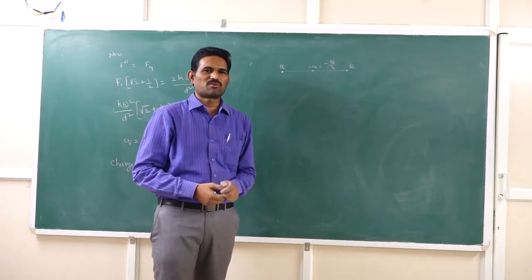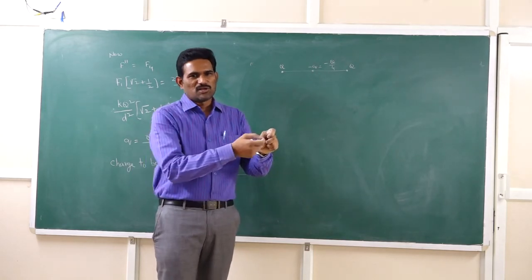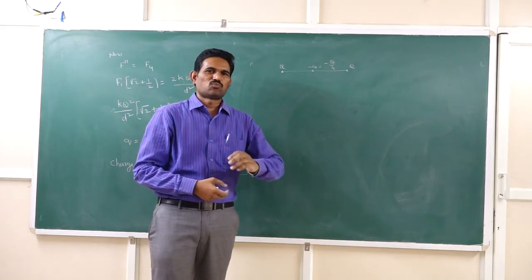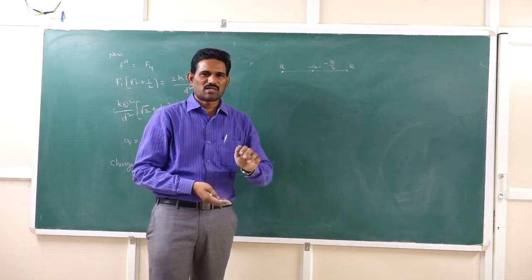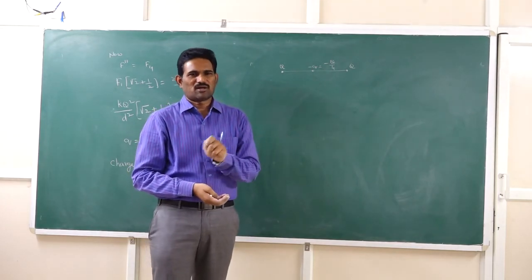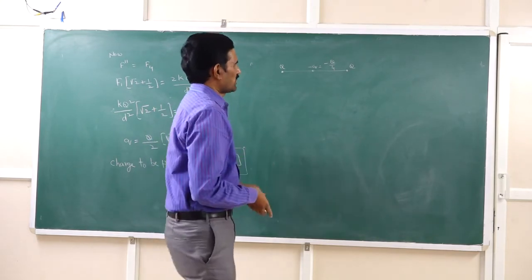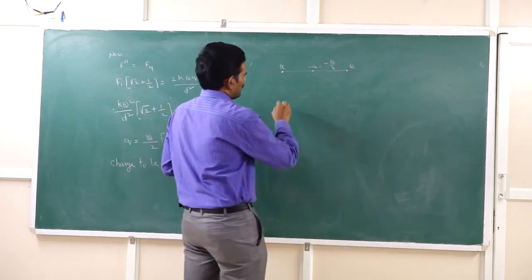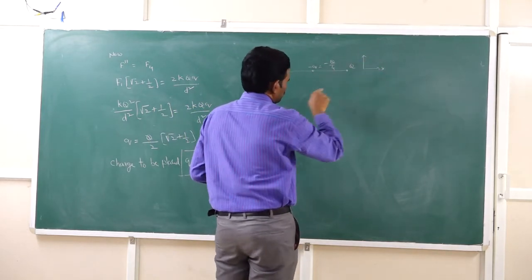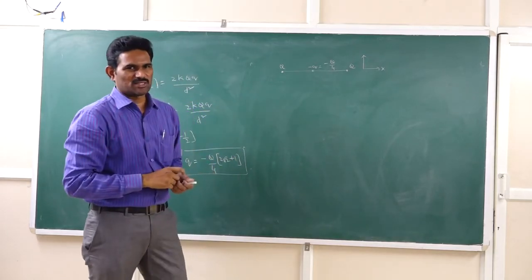Stable equilibrium means if you displace the particle slightly from the equilibrium position, it should come back towards that position. Then it is said to be stable. If it is moving away from that position, then it is unstable. If it has no tendency either to move back or to move forward, then it is said to be neutral equilibrium. Now, for example, let us say this is an x-axis and I am taking an xy coordinate system here. Let us answer about when the particle is displaced along the x-axis.